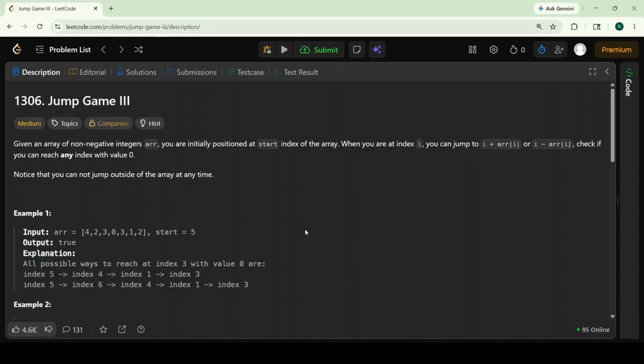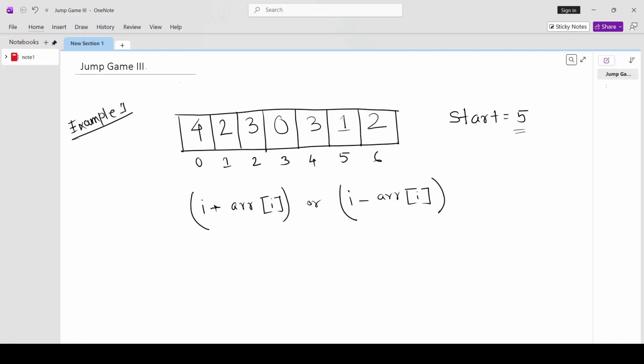So first of all, let's understand the problem. Here is example 1 and our start index is given as 5. So we are currently standing at index 5. Now from index 5 the value is 1. So we can go one step before, so we do this step, i minus arr[i]. From index 5 we can go to index 4,